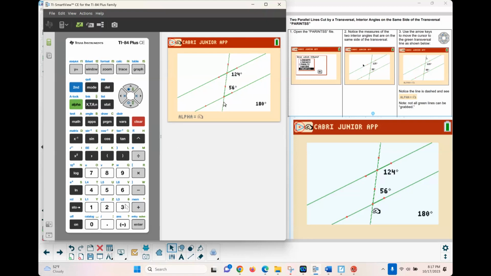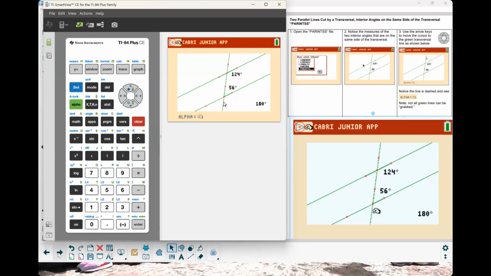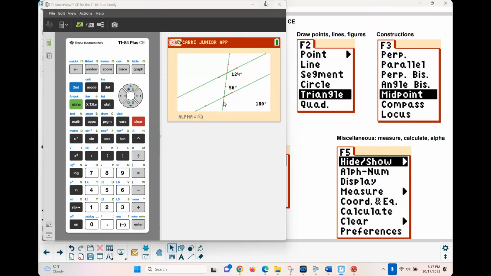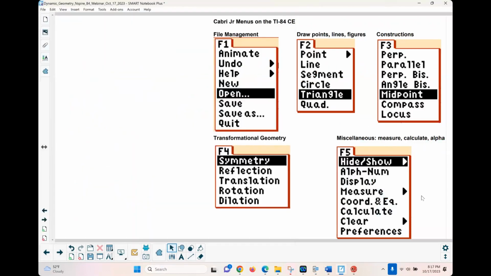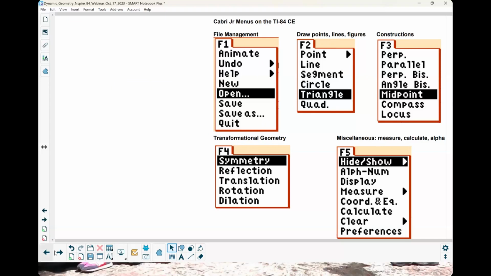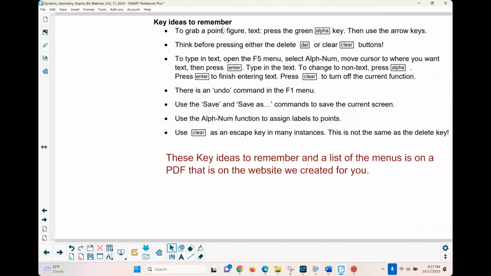Oh, it says, and so I'm using TI-Smart View. Yes. All right. So this is what I'm supplying for you. These are the Cabri Junior menu items. If you press on Y equals, which is F1, this is what would drop down. F2, points, lines, and figures. F3 is the construction menu, okay? F4 is the transformational geometry menu, and F5 is whatever didn't fit, okay? Those things. So you're going to get that, and then on the bottom of that page, I have some key